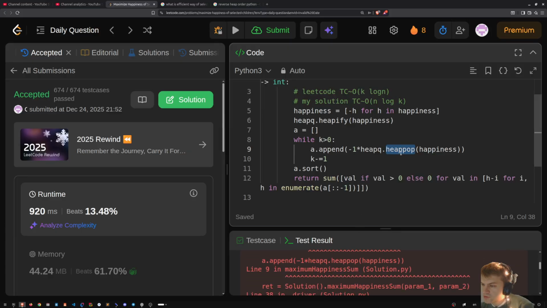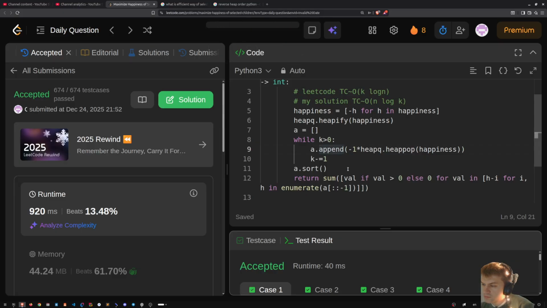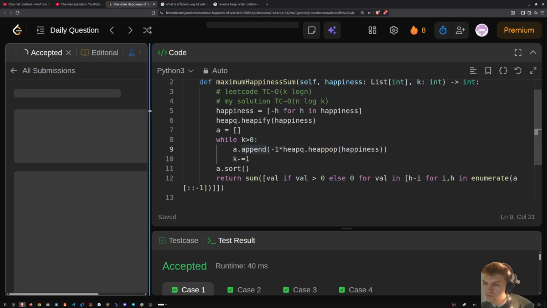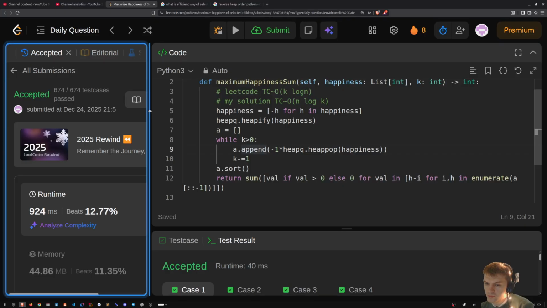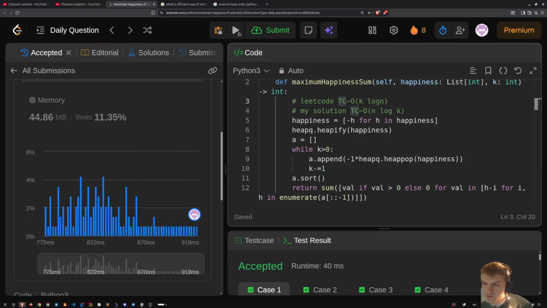Index out of range. Okay, let's submit. This should be better,